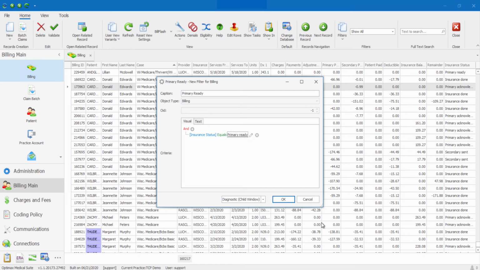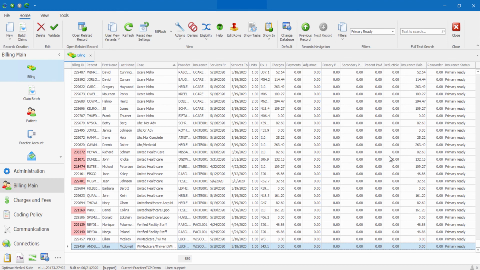Click OK, and you will see that the billing list now only views billings that have an insurance status of Primary Ready. This filter should be created for every insurance status available. As stated previously, any filters that a user creates is available only to them. They can share the filter with other users by editing the filter